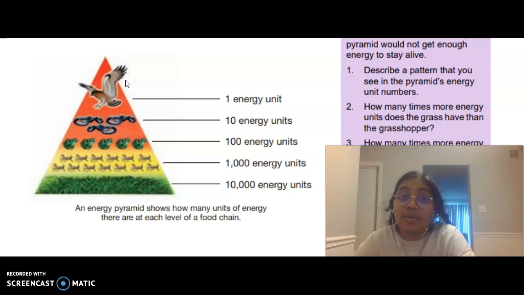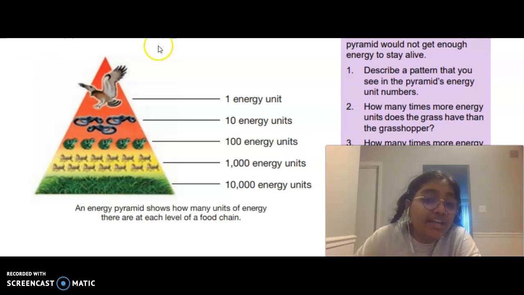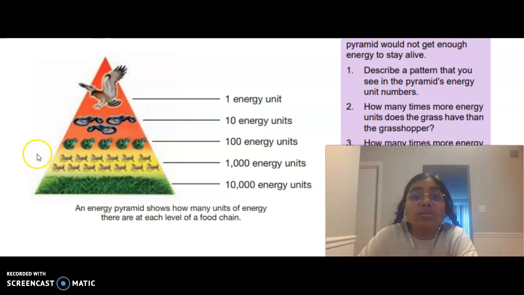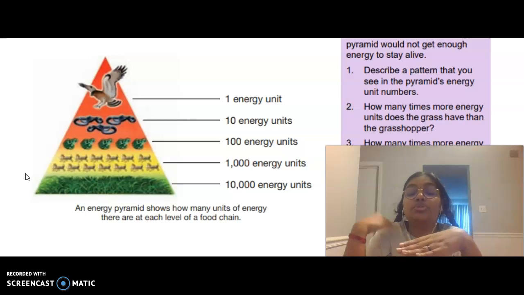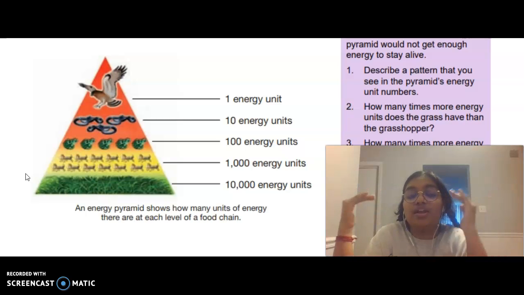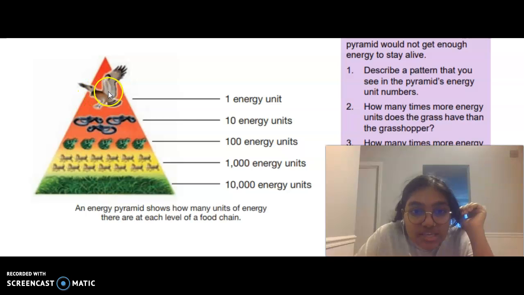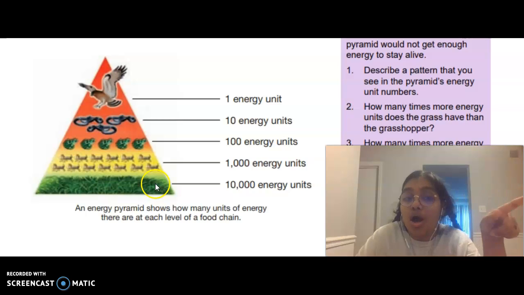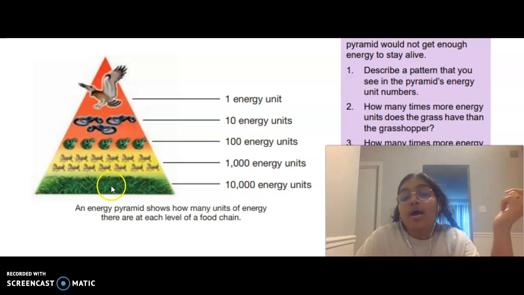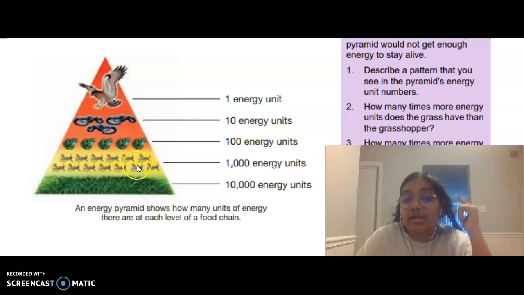an energy pyramid. Now, the energy pyramid, as you can see here, normally shows us how energy can move from one level to another in a food chain or in a food web. As you can see here, I'm not exactly sure what this is right here, but let's just imagine that it's an insect, okay? Now we have plants, which are autotrophs, which produce their own food, right? And then the insect, like a grasshopper, might feed on the grass for their food, and they are primary consumers,